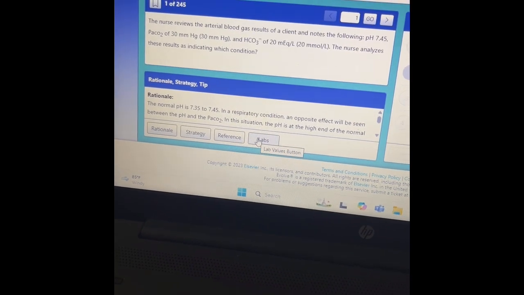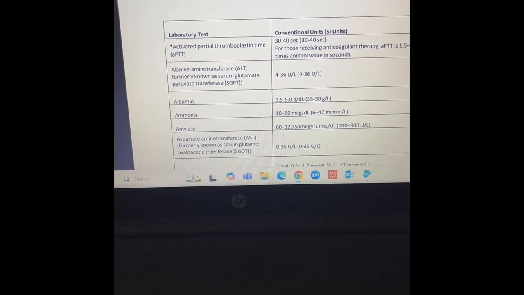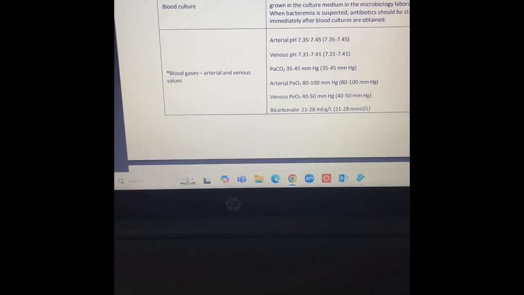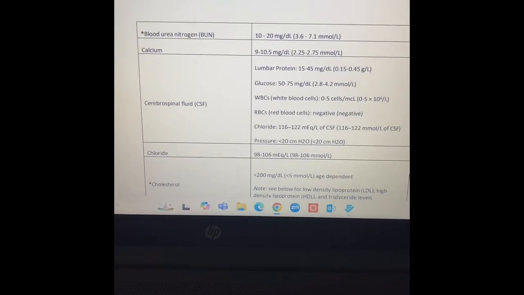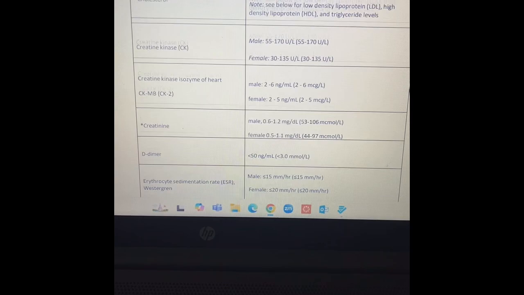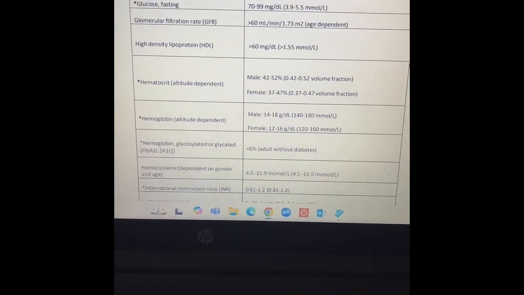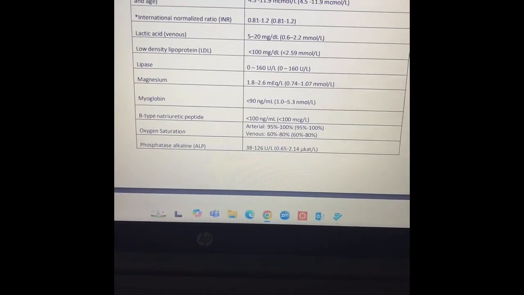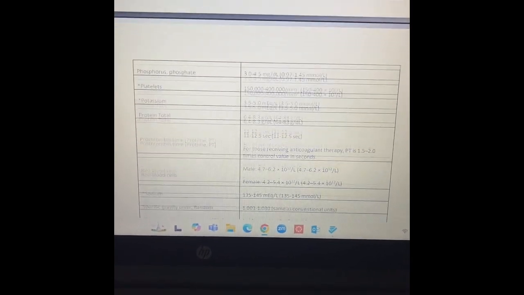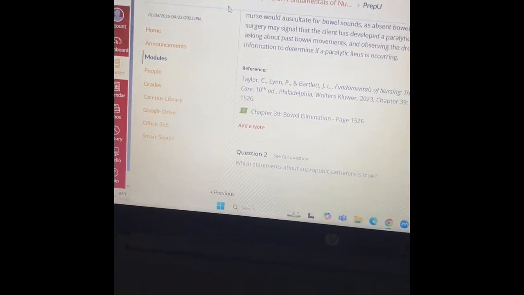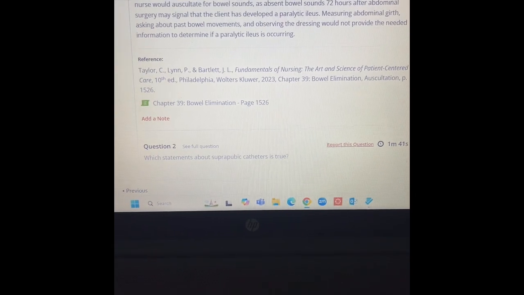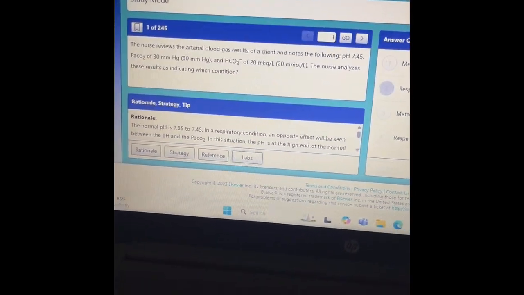Oh, and if you look here, this will be really helpful to review labs. It'll help you practice the specific levels that we've learned. Here's the ABGs. And here are some of the electrolytes and other nutrients that'll show up here. Hemoglobin levels. Knowing these levels will definitely be helpful for the exams as well. Okay, so now for foundations, you literally have the prep use, the rationales, you have the NCLEX style